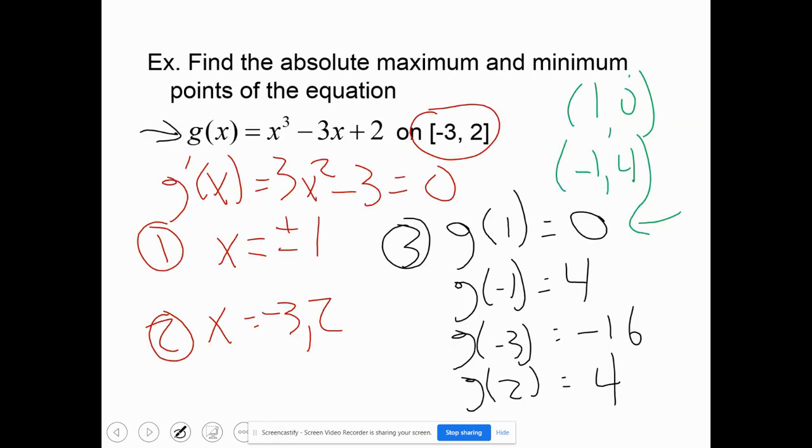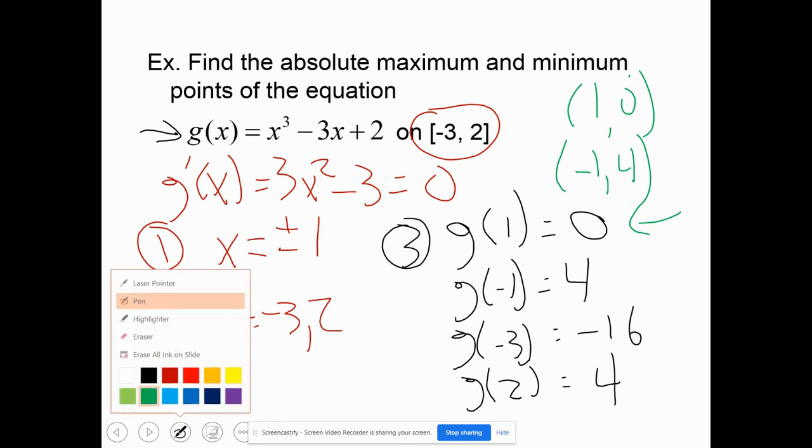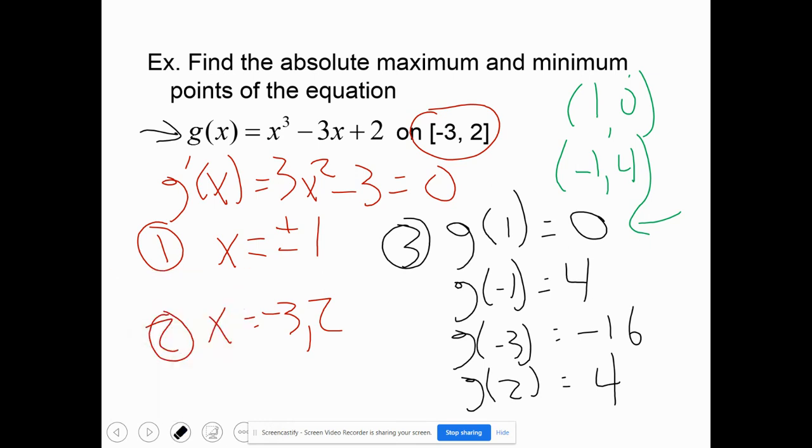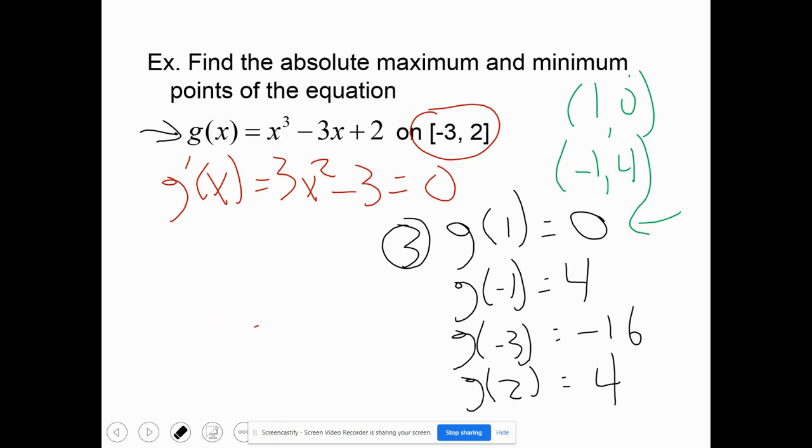I thought I had some space here. All right, let me go erase some things. I don't need this stuff anymore. I don't need the derivative anymore. Okay, so the